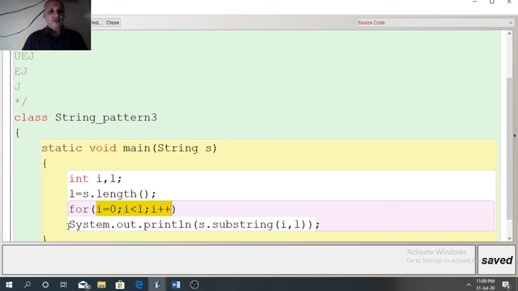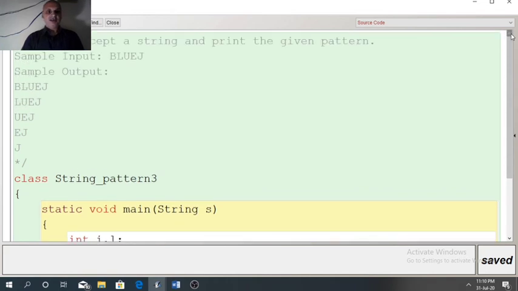Now in the body of the for loop: System.out.println, s dot substring, first argument is I and second argument is L. Why? Again analyze this.